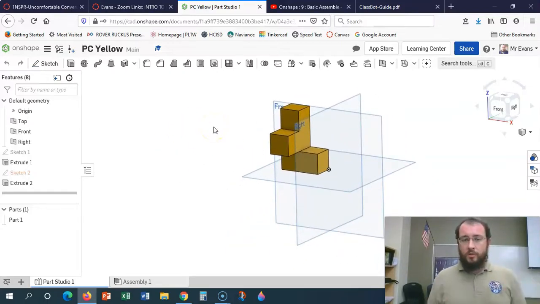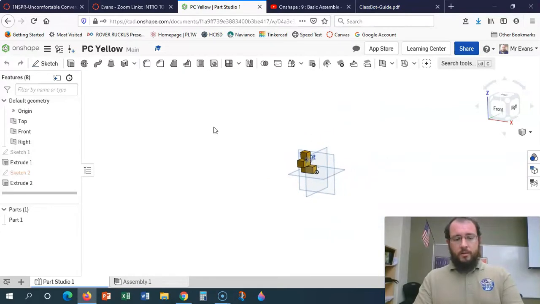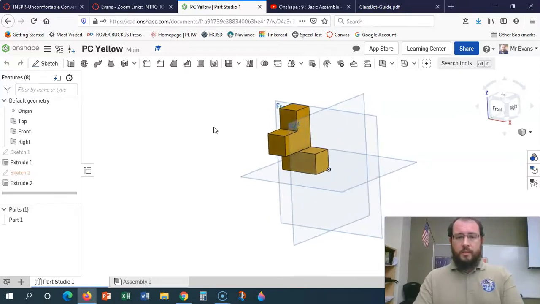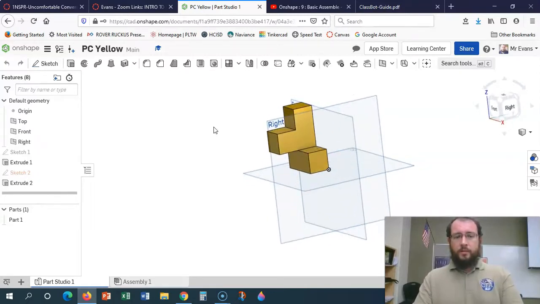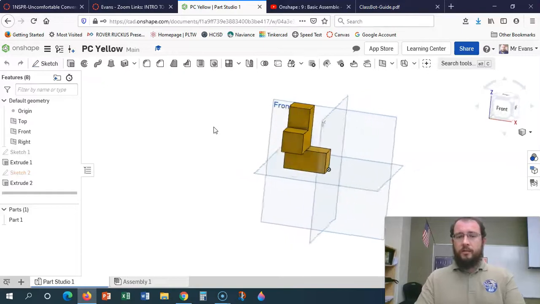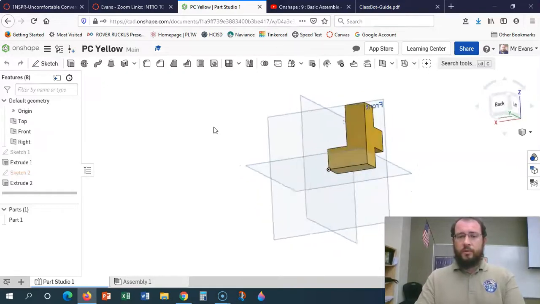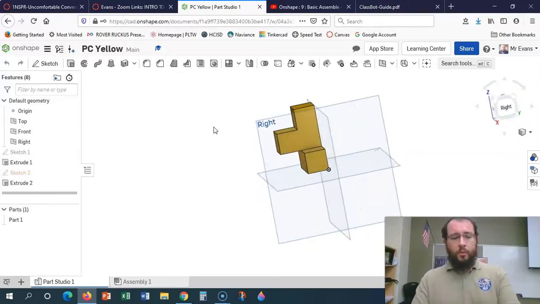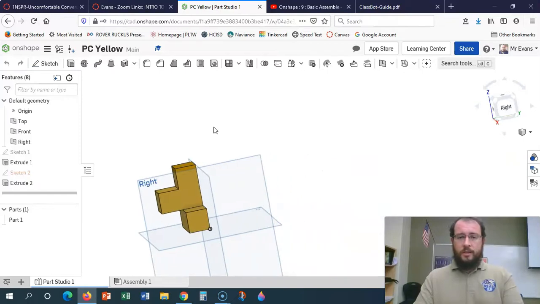If you are using a keyboard to zoom in and out, it's Z or Shift Z. To rotate, it's the arrow keys. If you do Shift and arrow keys, it rotates even slower. So that's normal rotation, shift rotation. If you want to pan, you hit Control Shift, and then you can kind of slide it back and forth,